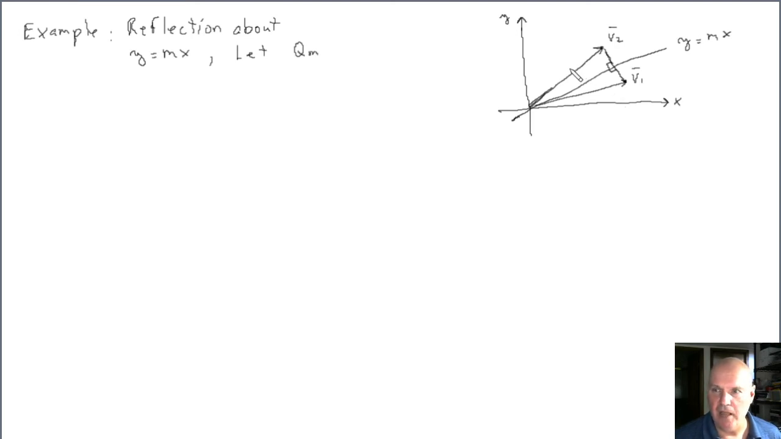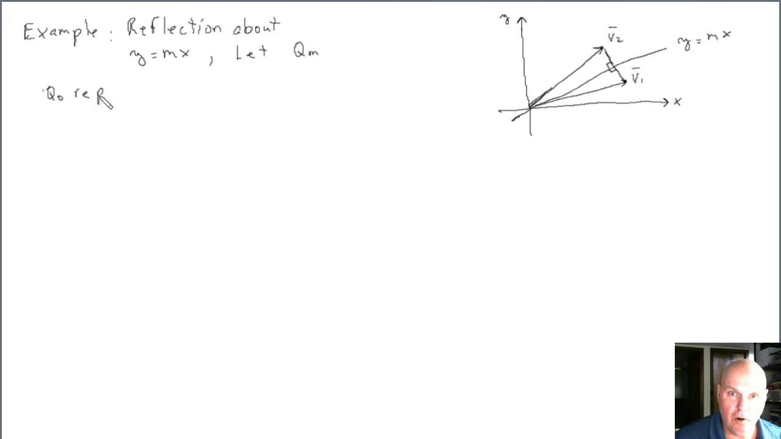finding the components of E1, reflecting that about the line, and then do the same with E2, and then those would make up the corresponding columns of QM. We're actually going to take a different approach. Again,